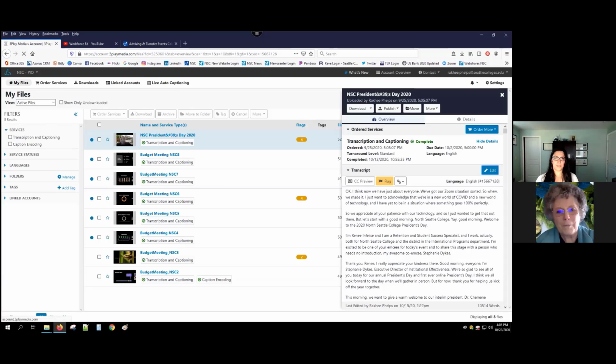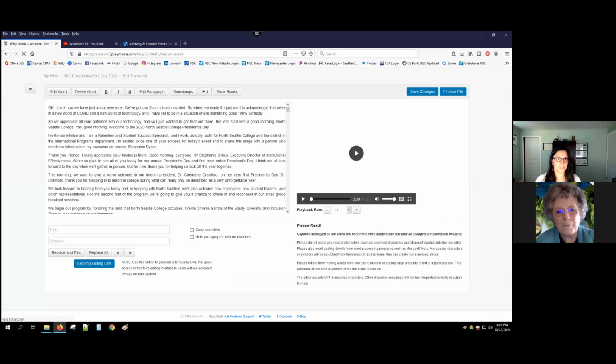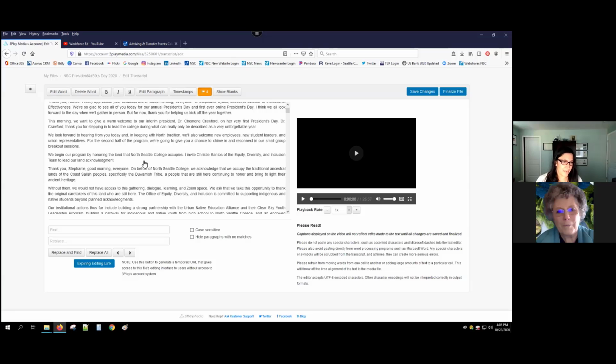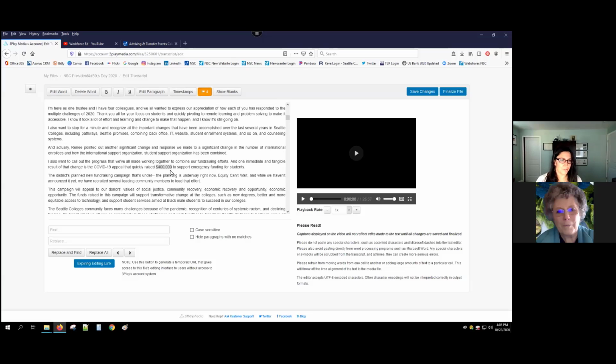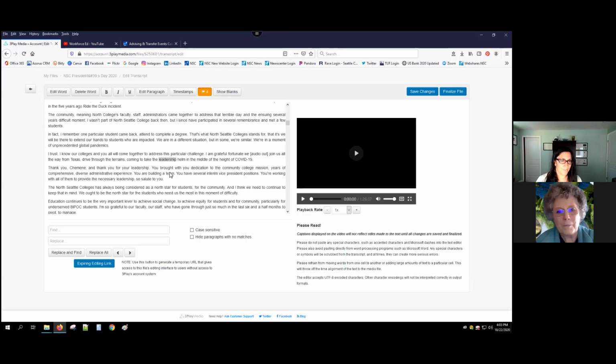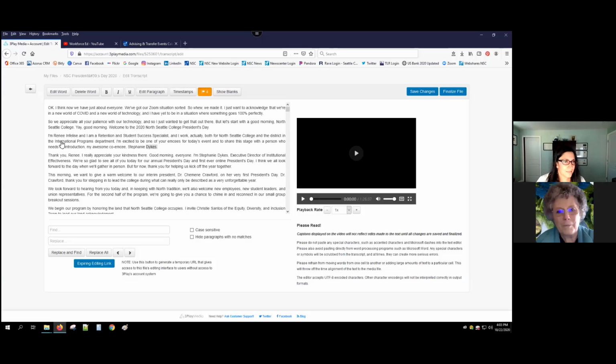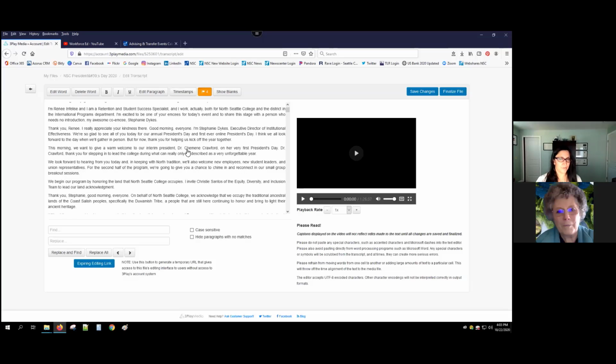And one thing to point out is when you see these flags here, if you just click on this flag button, it will go ahead and show you your flags highlighted within the transcript so that you don't have to search for them, which is a nice feature. So if you just go through and edit what you need and hit save, so